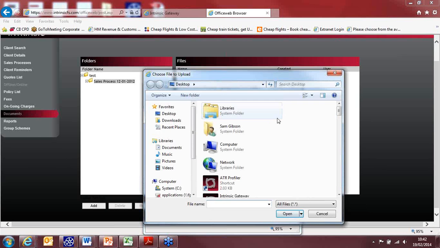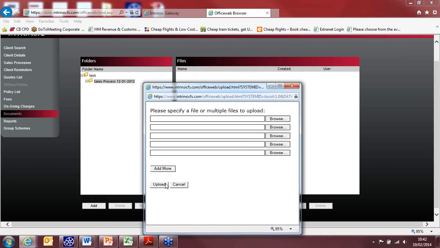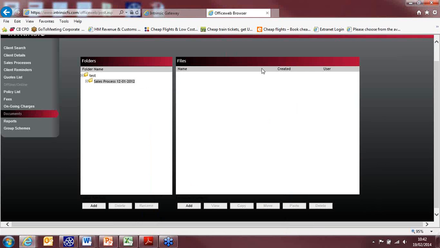So if you just click at the bottom of files, which is add, and then you'll get a box which will give you the options to browse on your current network, and you can upload files through that. So you may want to save any client details into a desktop folder, and you can also add more files if you needed to. So it gives you the option to add 5, but if you want to add further, you can. Then you would just click upload, and then they would show in the file section, and they would be within the folder, which the folder we have today is Sales Process